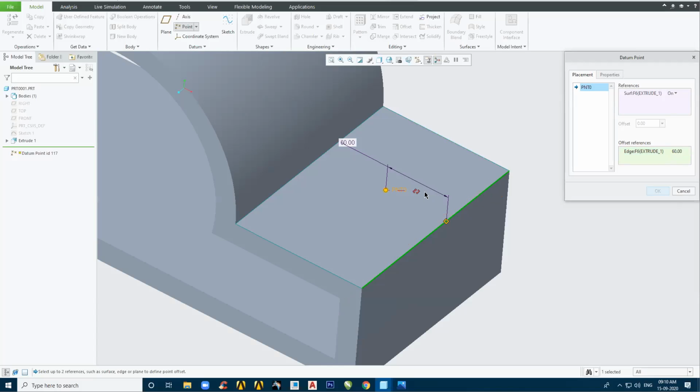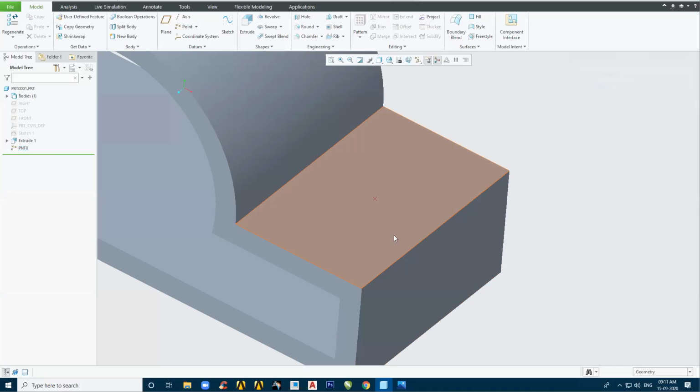And I need to give one more reference. I am taking this handle and I can drag it over here. I can take a reference from here. Okay, now it's not possible to take a reference from here. See here, it is locking it. Locking means it is not showing me that it's approved. As soon as it turns red, meaning this is fine. Also, this is fine. So let's give a reference from this edge. And how much? Let's say I need it 100. And once I click on OK, you will notice that a point is generated over here. Understood?